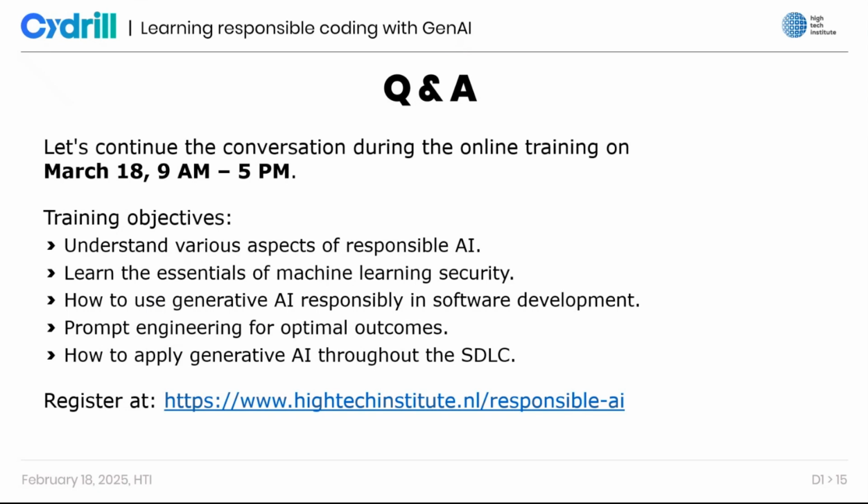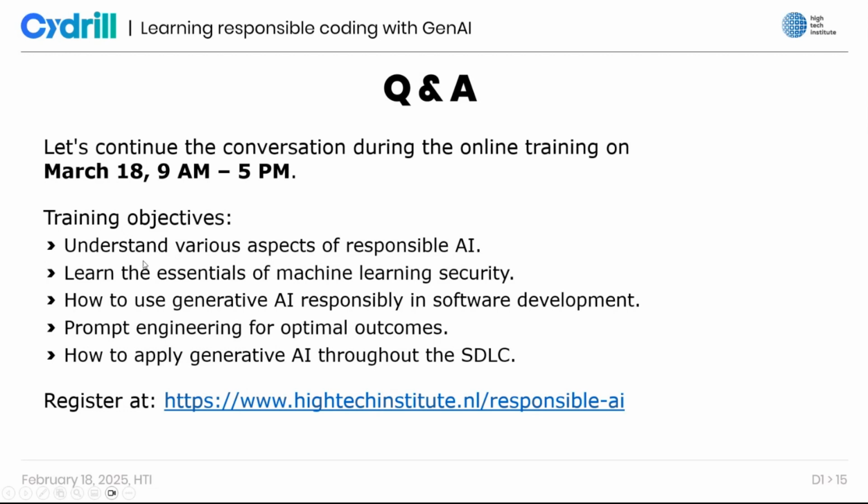Until then, I will just quickly summarize that, of course, this was just a really small preview about what this course is all about, the Responsible AI course. It is a one-day course where we go through the aspects of responsible AI in a little bit more detail, especially with a focus on code generation. What does it mean to talk about reproducibility, for example, and we also test it out with certain exercises.